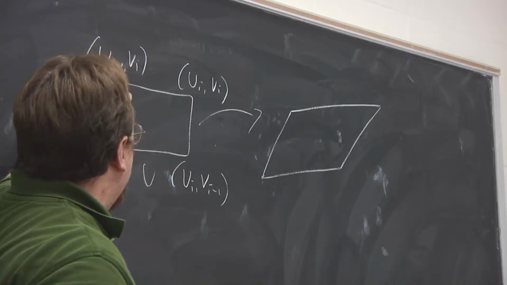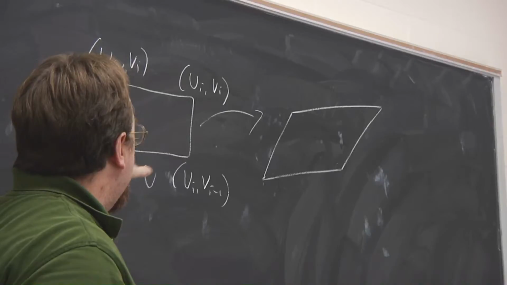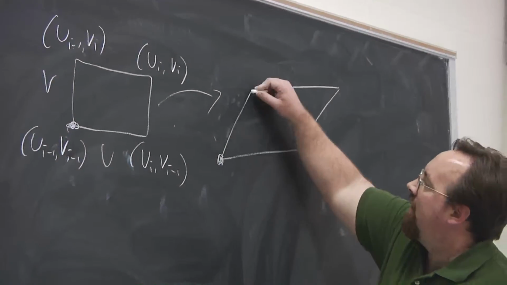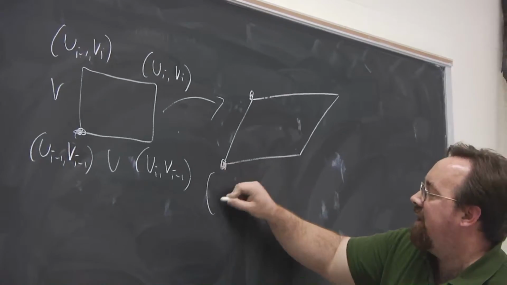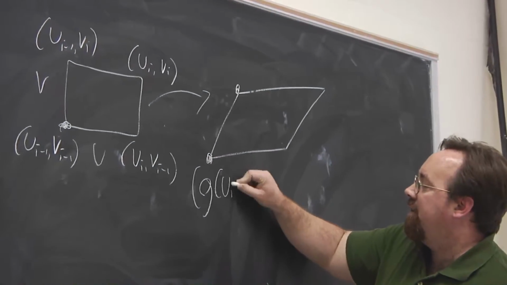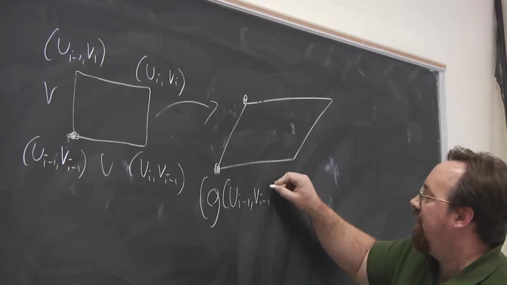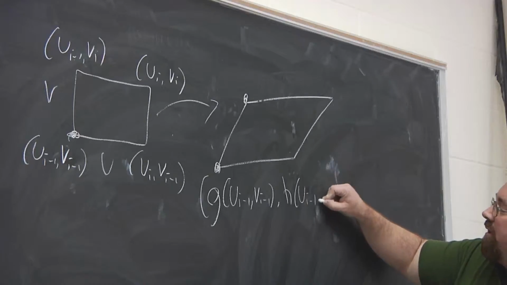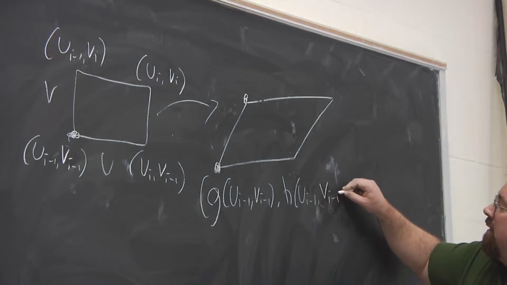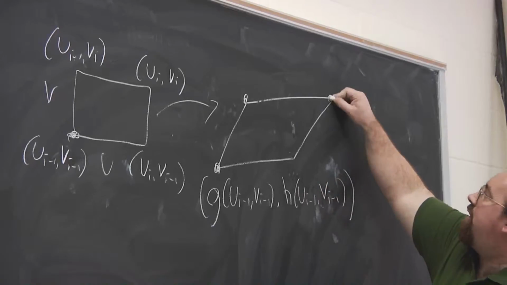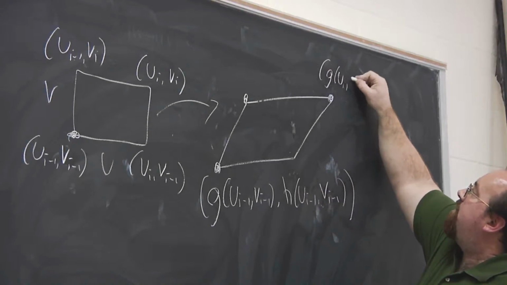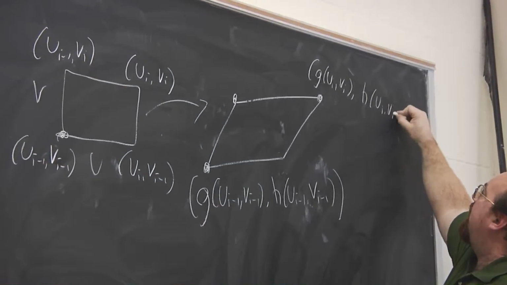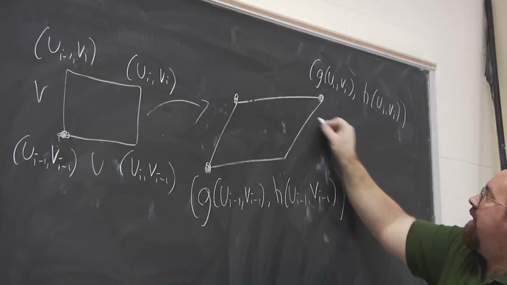So if we take a look at what's happening with these 4 points that are mapped over here, we get roughly a parallelogram. So this point is going to be g of (u_{i-1}, v_{i-1}), and h of the same point. Right? And then this point is going to be g of (u_i, v_i), that's the x-coordinate. The y-coordinate is h of (u_i, v_i). So